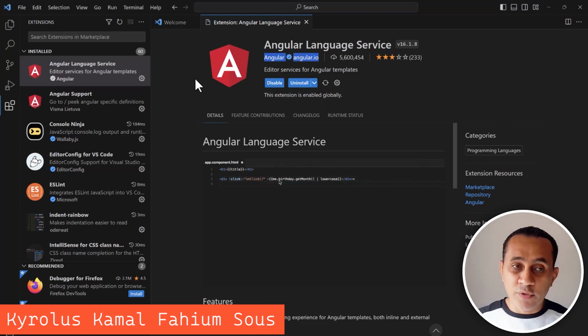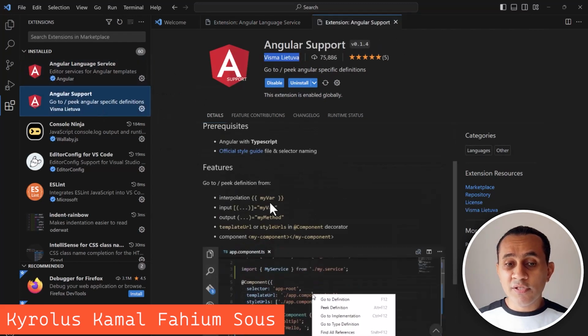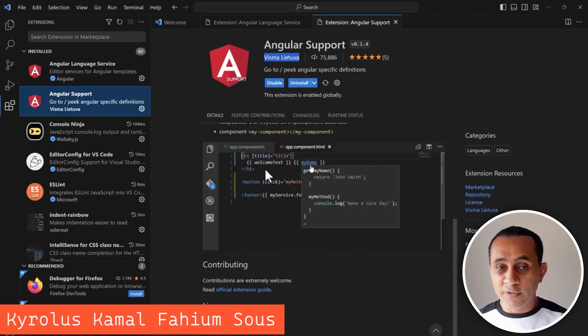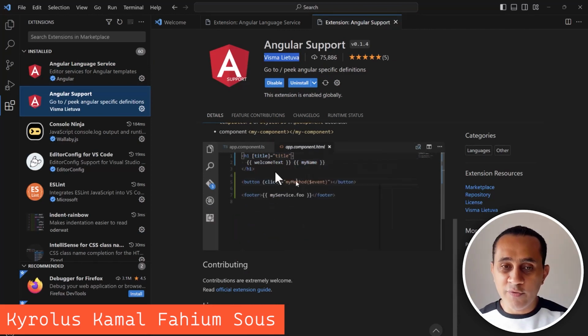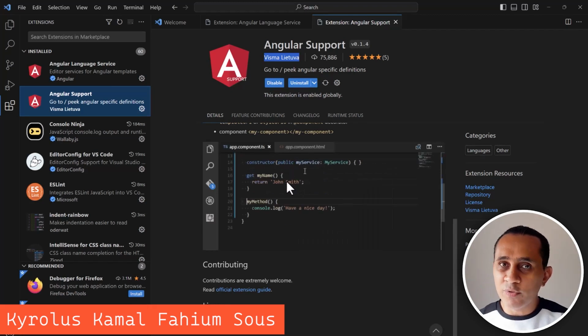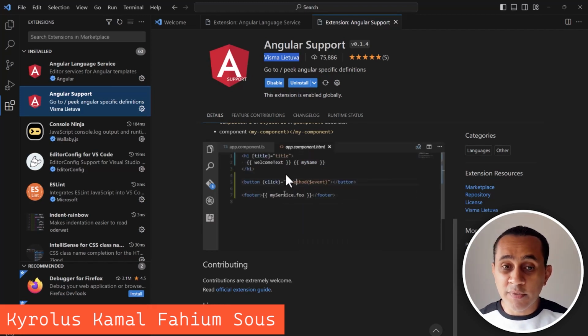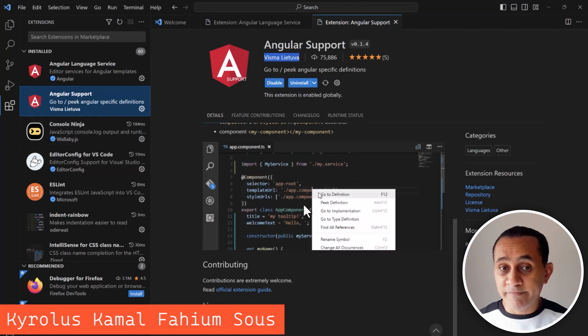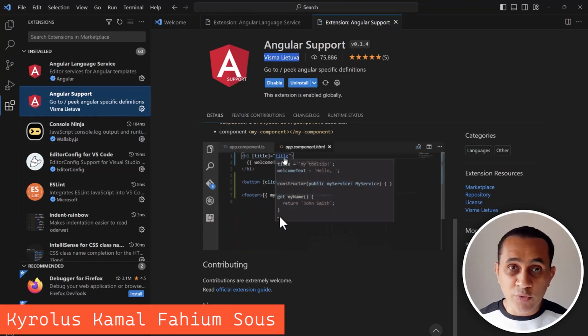Okay, and this is very important for us. Angular support just shows you where is the code for your functions or variables in the class. If you use any variable or functions in your template, then this tool will show you where is this variable or function in your code.